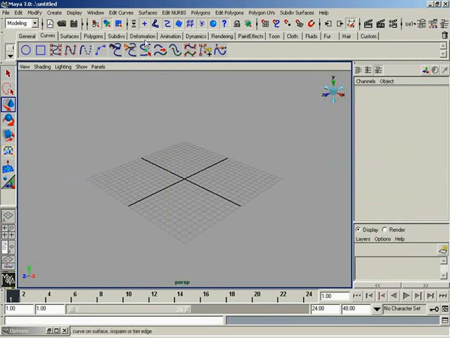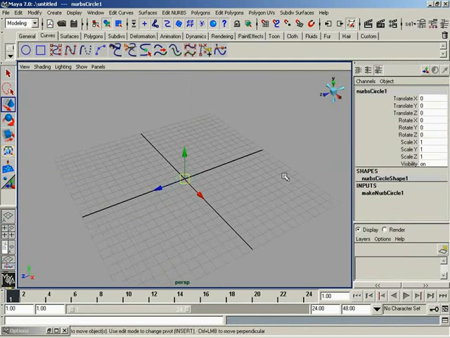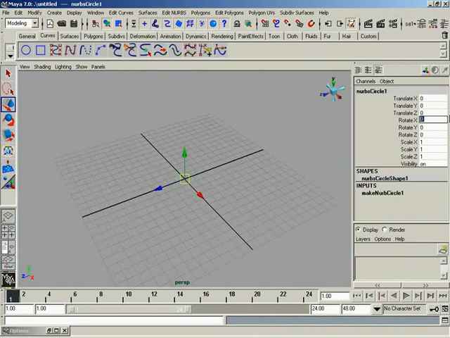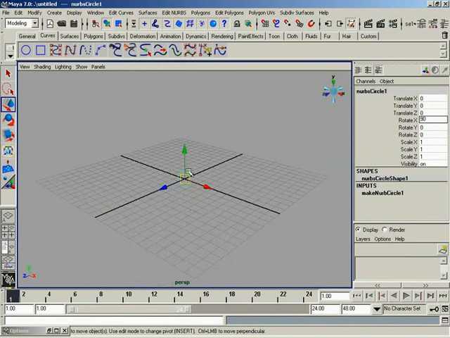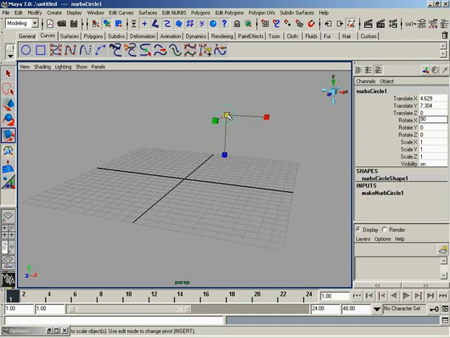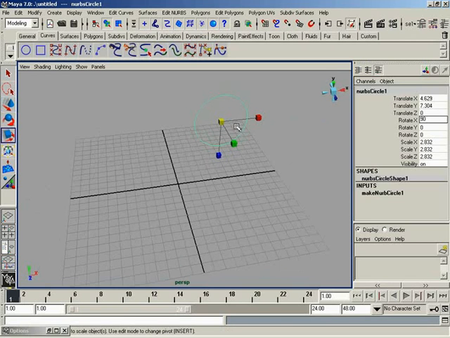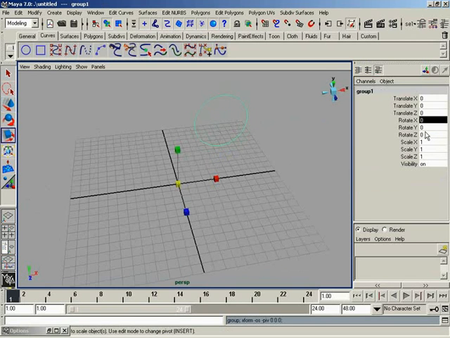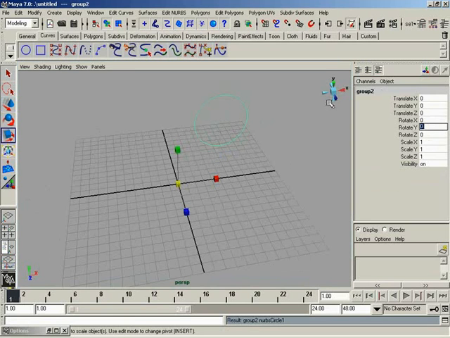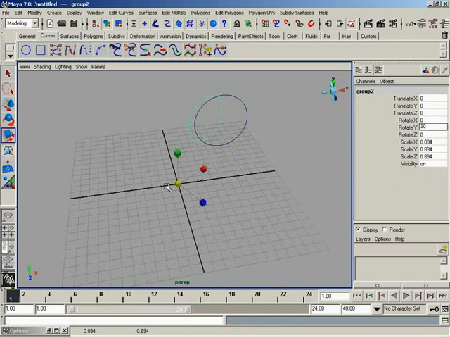For starters, though, let me go ahead and create a NURBS surface. I'll create a circle. Let's rotate it in X, 90 degrees. You may have seen me actually do this before on some of the other videos. If you haven't, I'm sure you will sooner or later. We'll go ahead and group this circle to itself. Let's press Shift-D to duplicate with Transform. I'm going to set Rotate Y to about 30 degrees. And then we'll scale this down uniformly to somewhere around